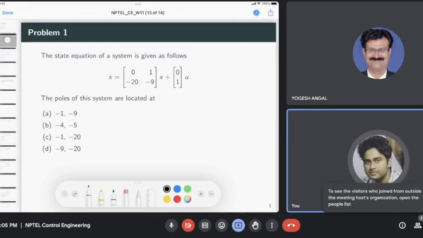We want the location of the poles of the system. As we know from the relation of the transfer function, if T(s) is the transfer function between input and output, here the output is not given, but still let some output y equal to